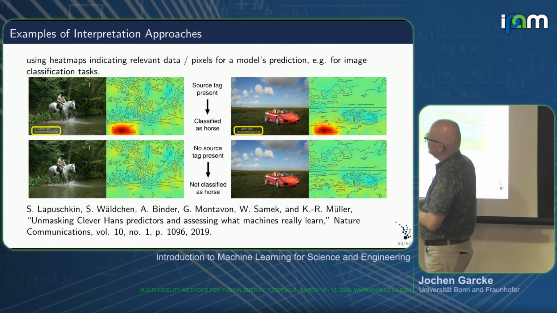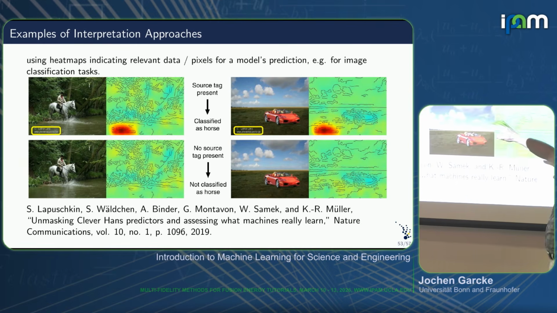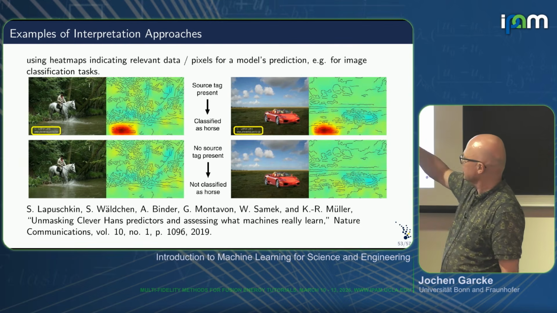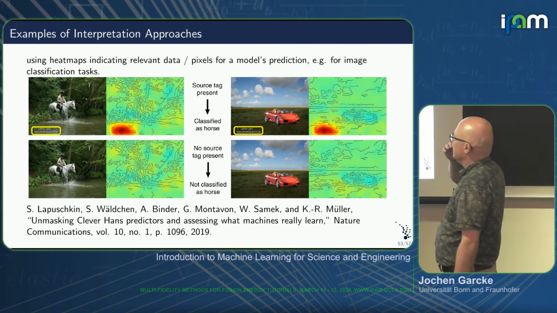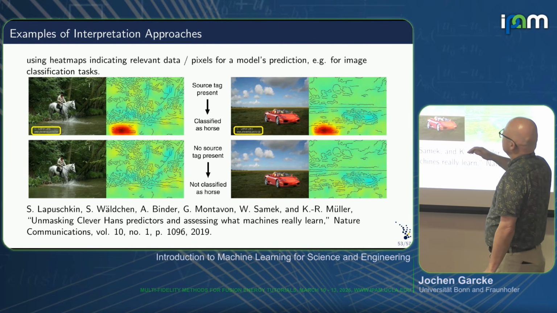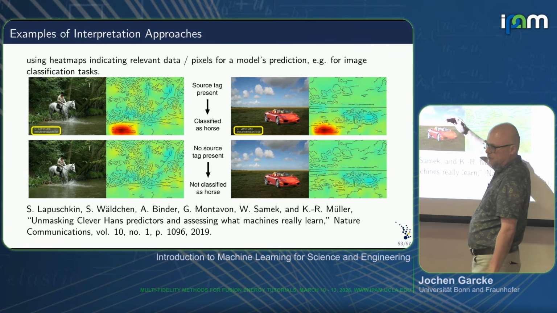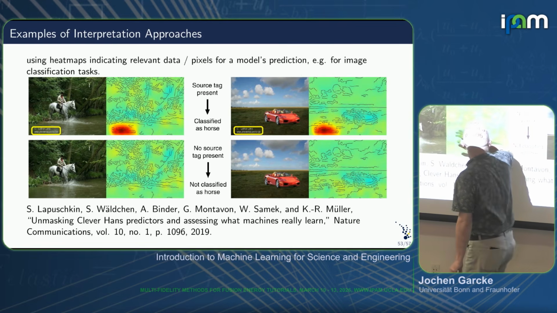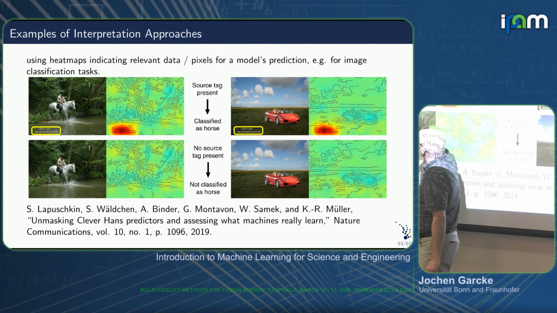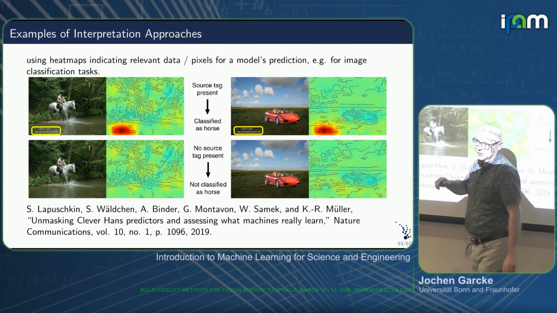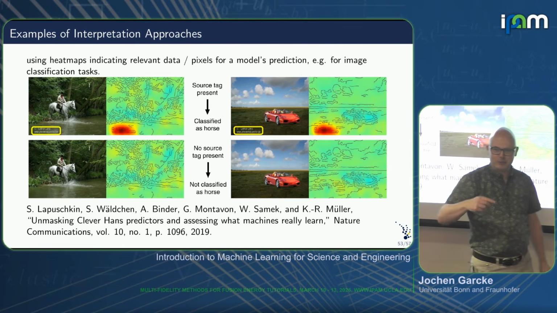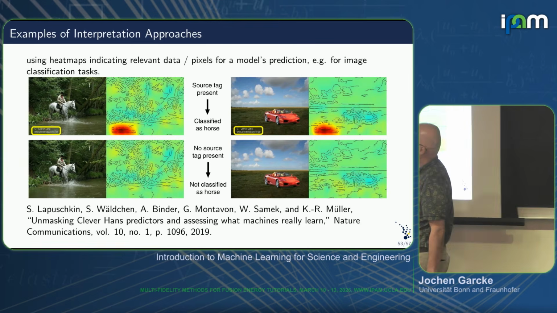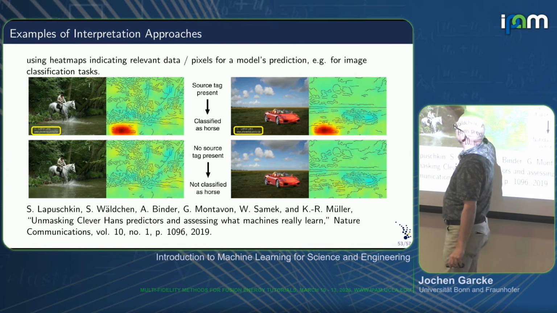this is a classical example. You're doing heat maps, so it's a prediction model: data sets classify what you see in this picture. And classical ways are so-called heat maps. You see here something highlighted. And if you look here, you see there's a watermark by the photographer. Almost all the horse pictures in this data set came from this one photographer. So the machine learning model didn't pick up on the horse, but on the watermark.